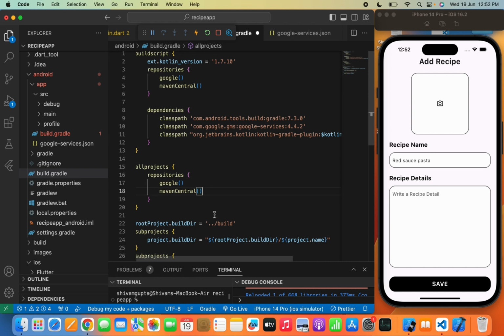Now to fix all those errors one by one, I have already shown you if you are facing any type of errors regarding connecting the Android app with a Firebase in the Barber app series. So you can follow that Barber app. I will try to paste a link in the comment box or in description box. You can follow that Barber app series where I have shown you what problem you can face while connecting the Firebase with Android app, and you can follow those steps and can simply run the app successfully in your